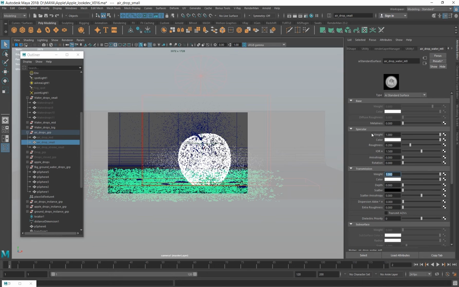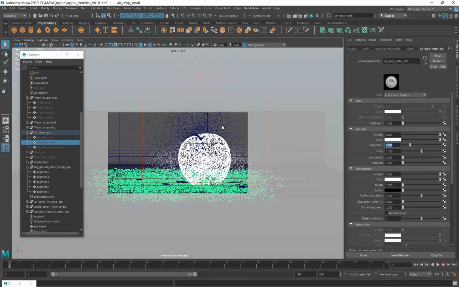And then I've used a specular roughness of 0.2 because when I do the post process on it, I want to see bigger, brighter bokehs when I do the defocus. I wanted to catch more speculars than the ground water drops. So for it to catch that much specular, I set the roughness to 0.2.